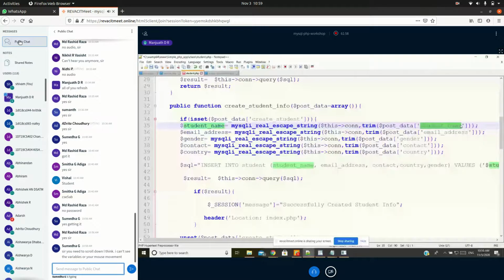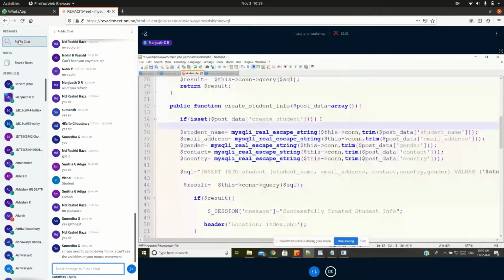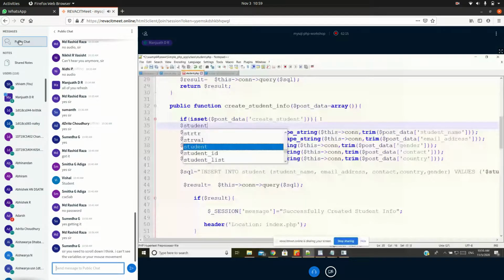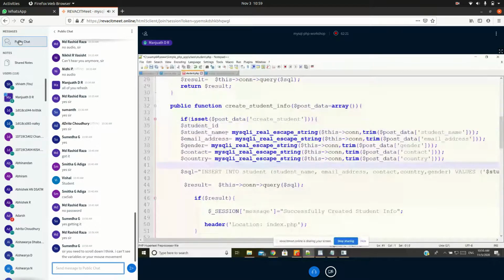Since I have not given auto increment, what you have to do is add one more column here called student ID. Everything is the same here.